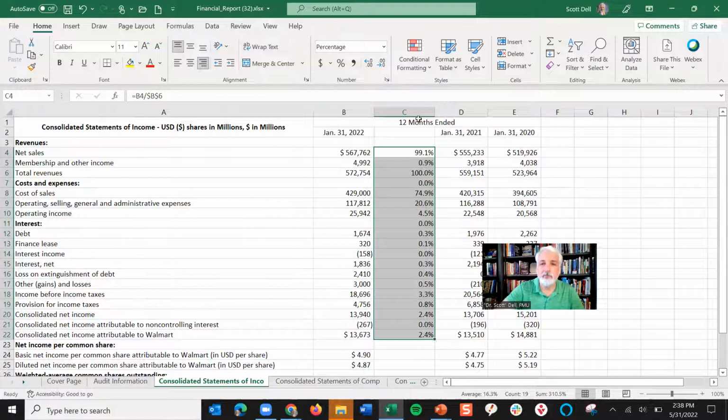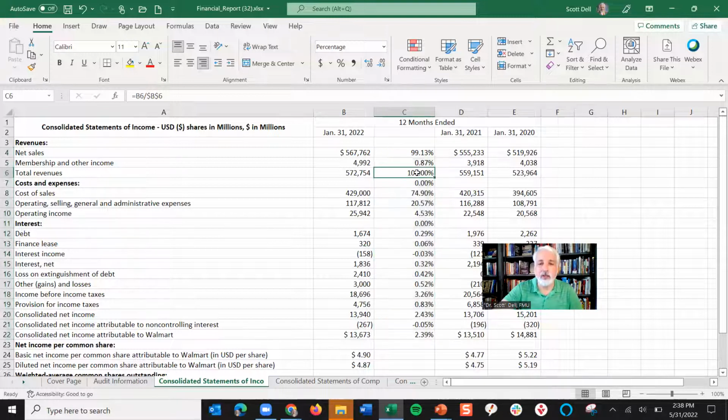So what have I got? Let's do one more decimal point here. All right, so I'm looking at this, 100% of sales. This is also known as vertical or common size analysis. It's easier to look at an income statement or balance sheet when you have a 100% number like sales, and you can compare how we did as a percentage last year to this year. How did things increase, decrease, change?